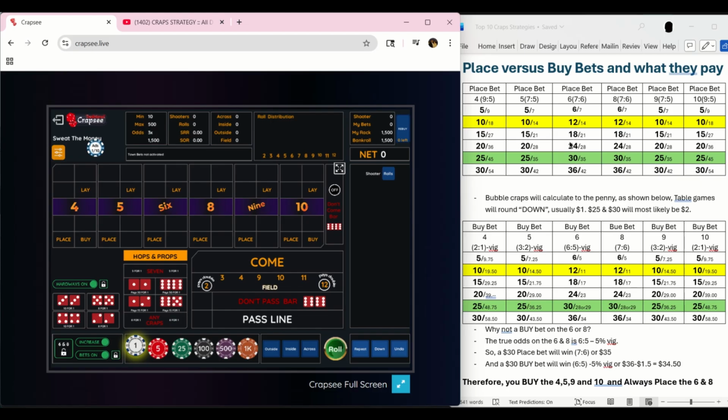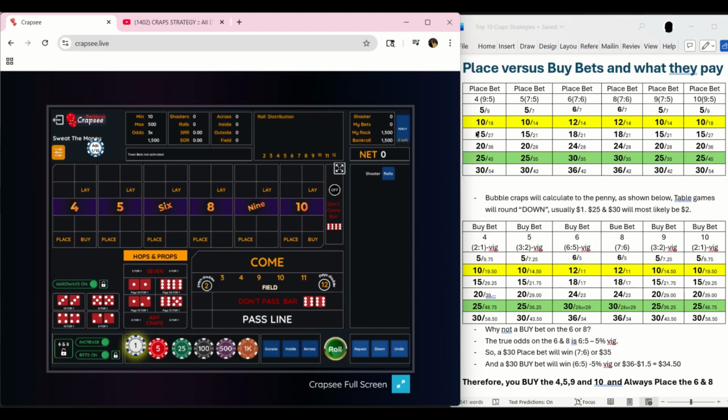Okay, so I know a lot of people have this memorized, and a lot of people don't. A lot of people just assume the dealer knows what they're doing, and they won't cheat you. And of course, if you're playing on a bubble craps, it's all in the computer algorithm. It calculates it to the penny, so you don't have to worry too much about it. But when you go to a table at a casino,